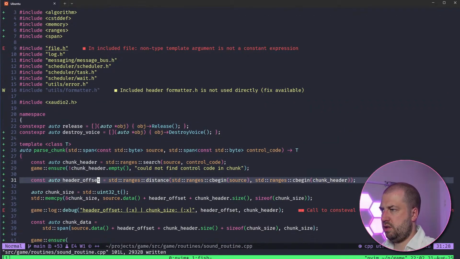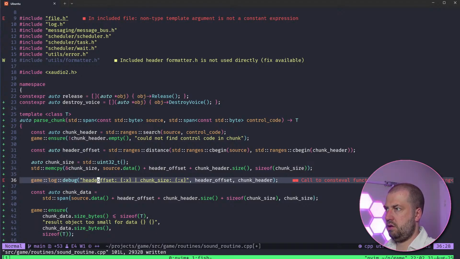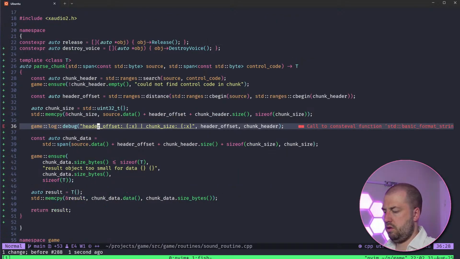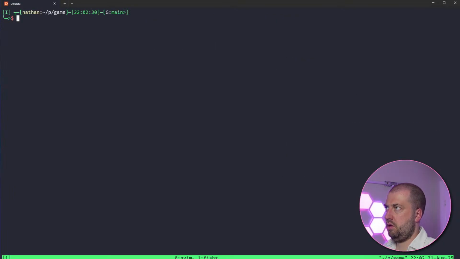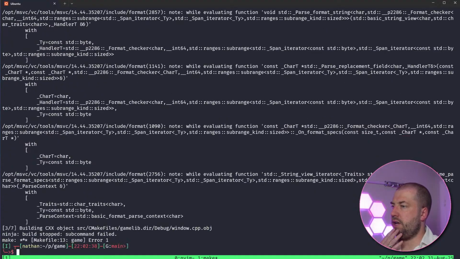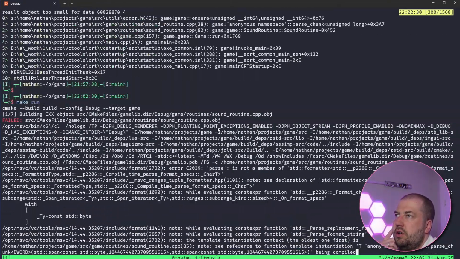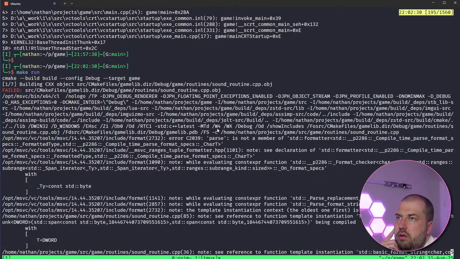Which I don't think is right. Why is that? It could just be clangd. Nope. Really don't want to faff around with this too much. Pass is not a member of stored format.